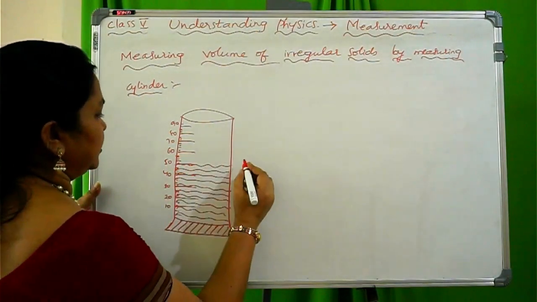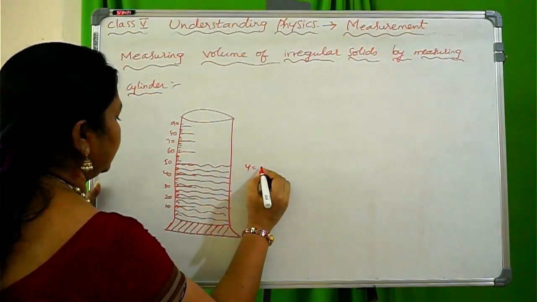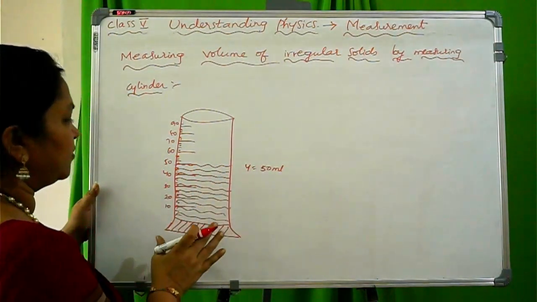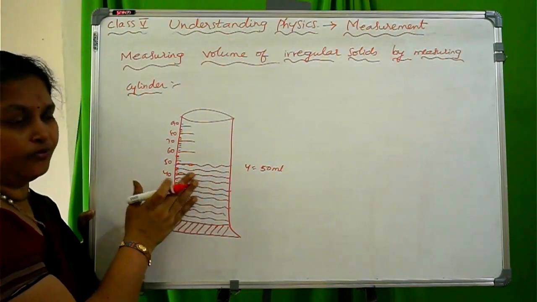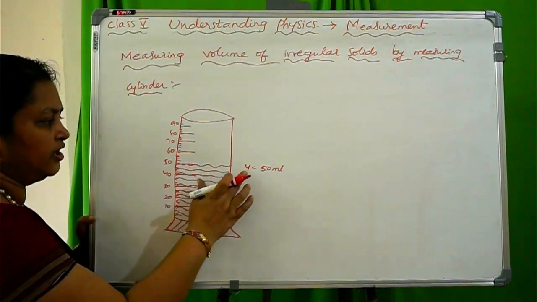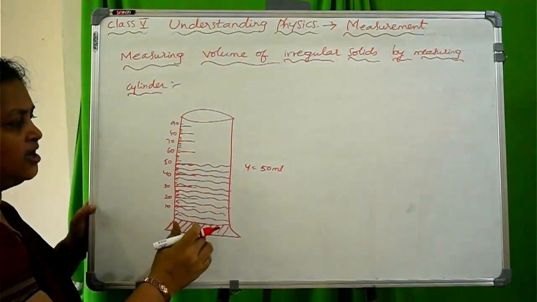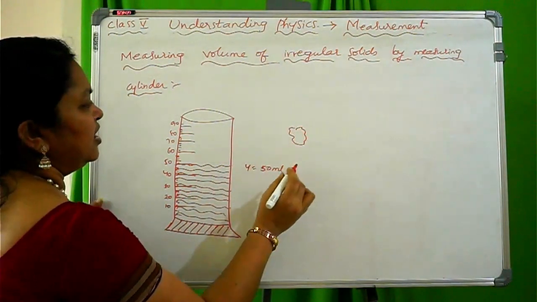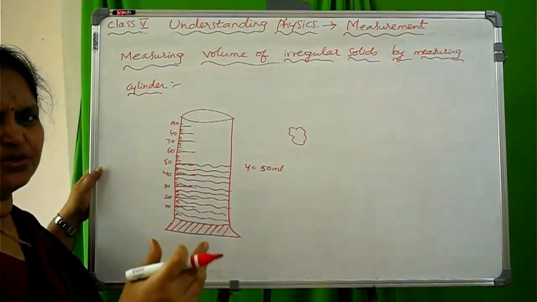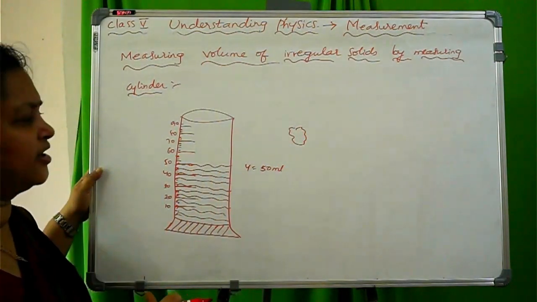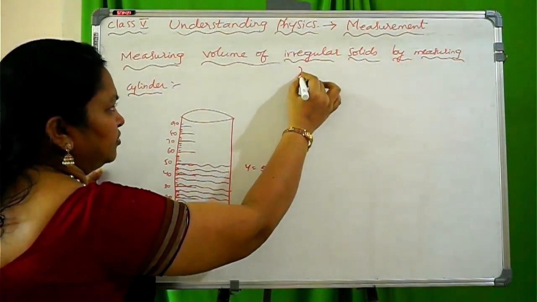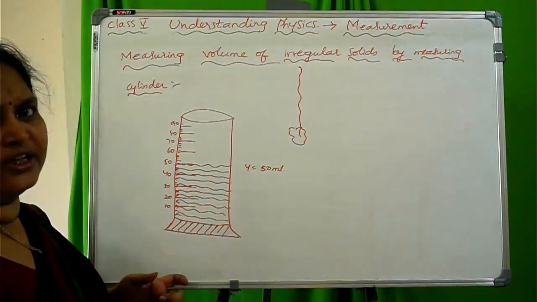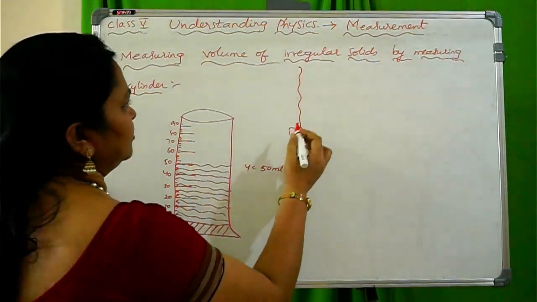Now whatever the value is there, take that value, y is equal to 50 ml. I am just assuming the value here. How much water did I pour here? I poured 50 ml of water. So for this 50 ml of water, I am assuming just one value, that is y is equal to 50 ml. Now what I did, I took a stone which has an irregular shape. Take any stone in your surroundings. Tie a thread to that stone, a cotton thread. If no cotton thread is available at your home, whatever thread is available, just tie it to the stone.